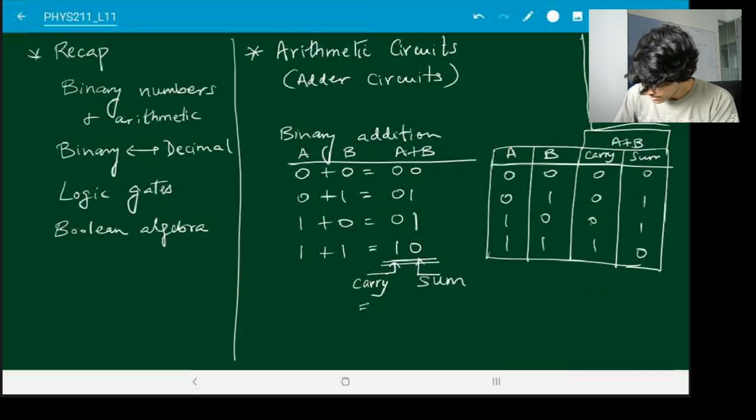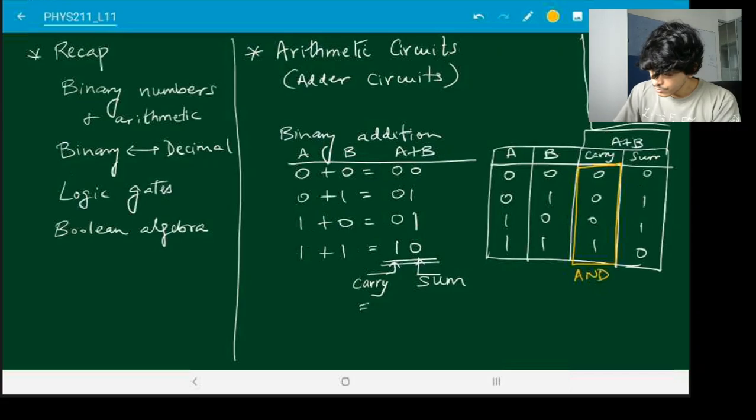If you just look at this carry column, you will notice that the output of this looks exactly like an AND gate, because 1 and 1 is 1 and everything else is giving you 0.